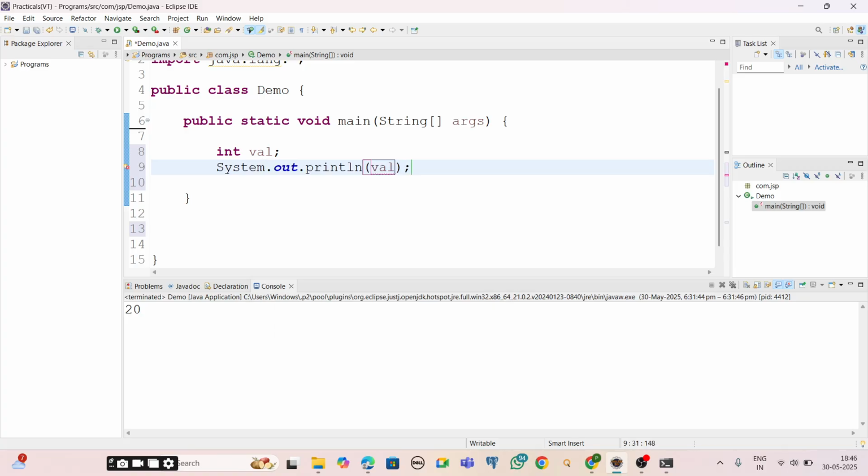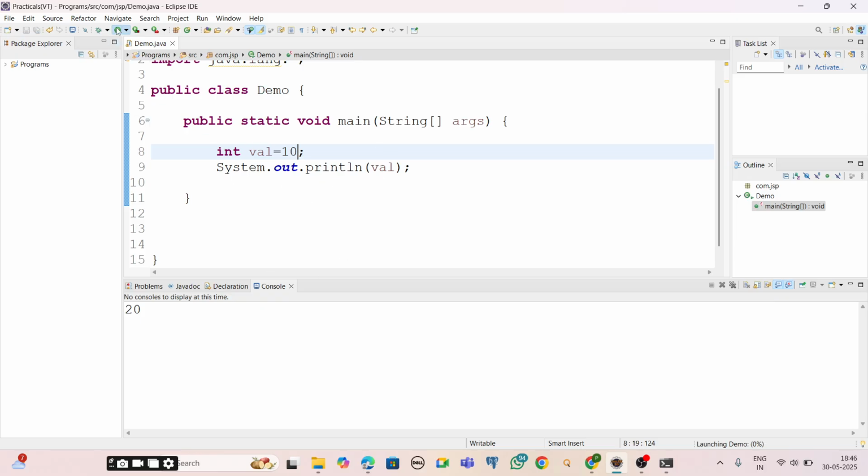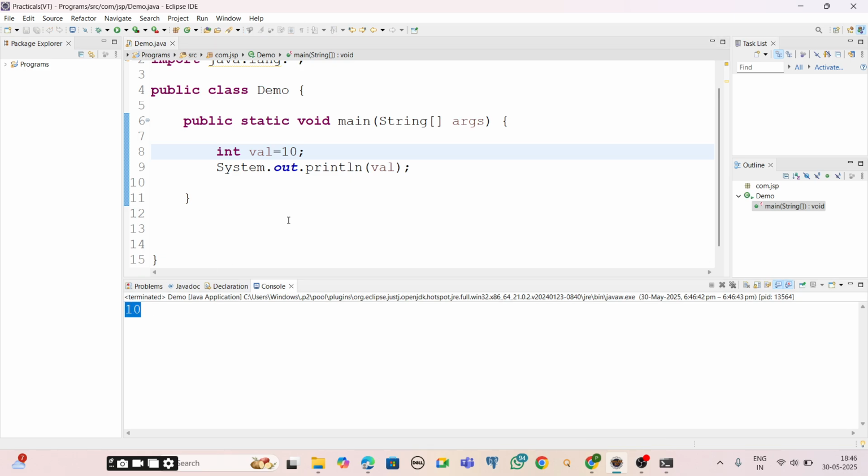Let me print the value. I am getting an error: the local variable val may not have been initialized. If we want to use local variables, it is mandatory to initialize them. Now there is no error, and if I run, I will get the output.